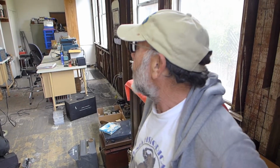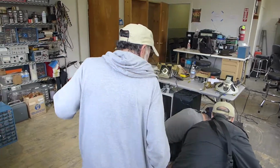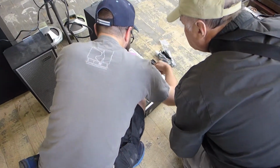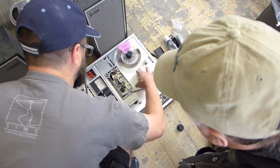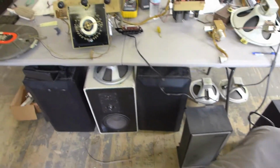And we're here in what will become the CHRS shop. As you can see, it's in a bit of disarray now. We're working on stuff, getting stuff ready for sale or to keep for the museum or for our use in transferring the thousands of hours of audio that we have, we need to digitize. But back to the shop, you can see the